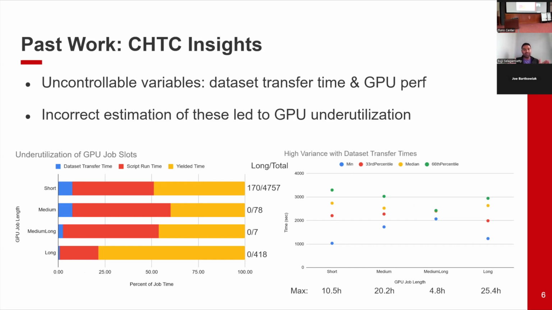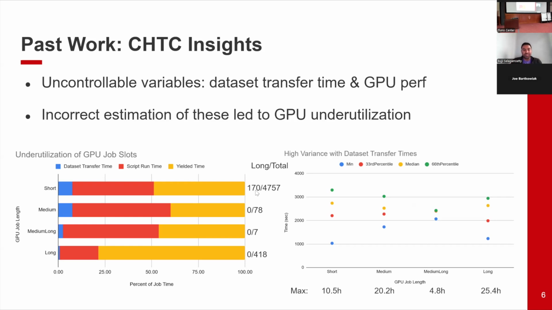But if your data set transfer takes too long, then your training may go past your slot boundary and you won't be able to save your checkpoint before you get kicked off the GPU machine. That's what this stat says: out of the 4,700 short jobs that I launched,